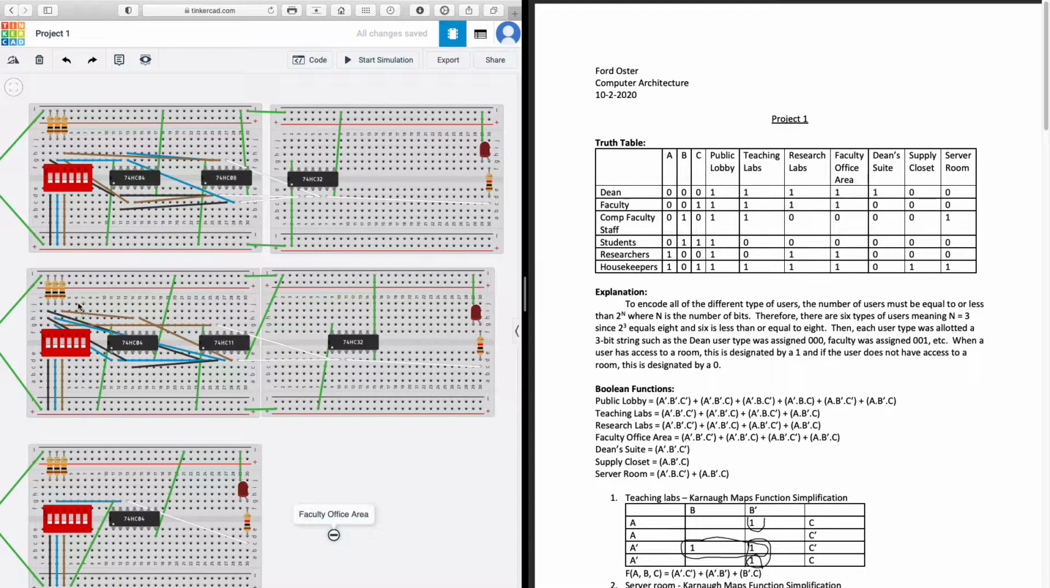The anatomy of the circuit is we have 3 inputs, which represent the 3 bits. With all of them turned off, so 0, 0, 0, that 3-bit string is, in my design, what represents the dean's access code. And if I were to change that to 0, 0, 1, that would change it to the faculty access code. And the LED should